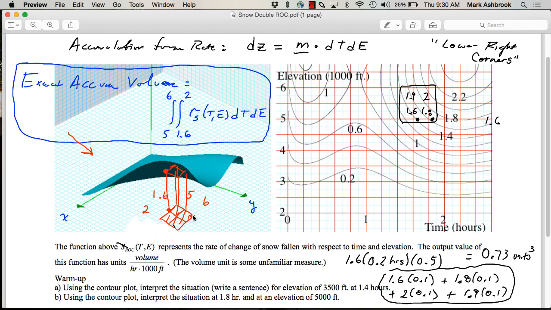And when those tiles get skinny enough, the sum of all those volumes gives you the actual volume of the solid formed when the top is the surface, projected over whatever square region you're talking about. And so then this would give you also the exact